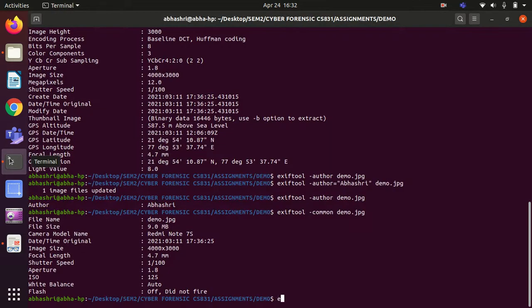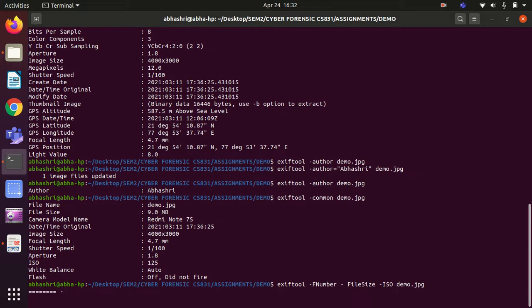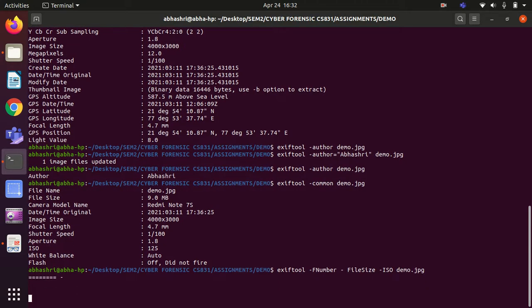exiftool -, for the tag name we are using, let's consider the FNumber, followed by FileSize, followed by ISO of the file name. Oh, maybe that's a blunder.